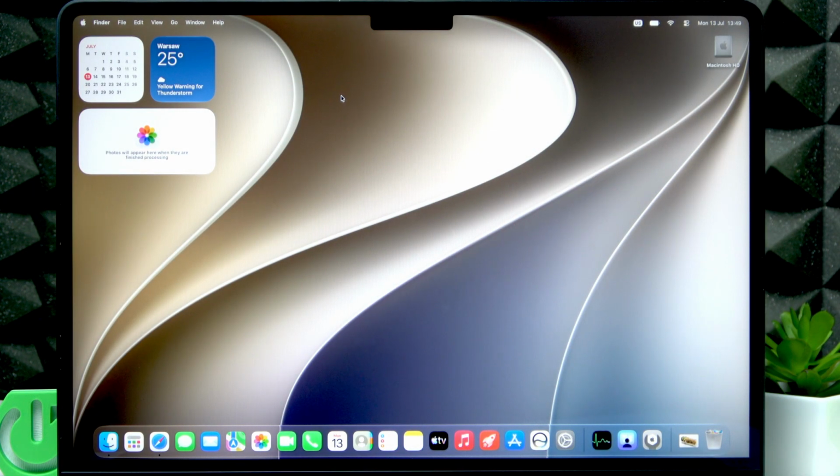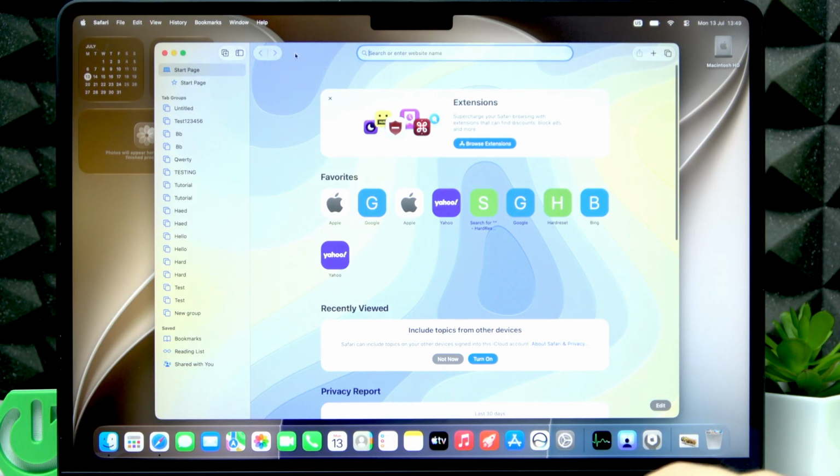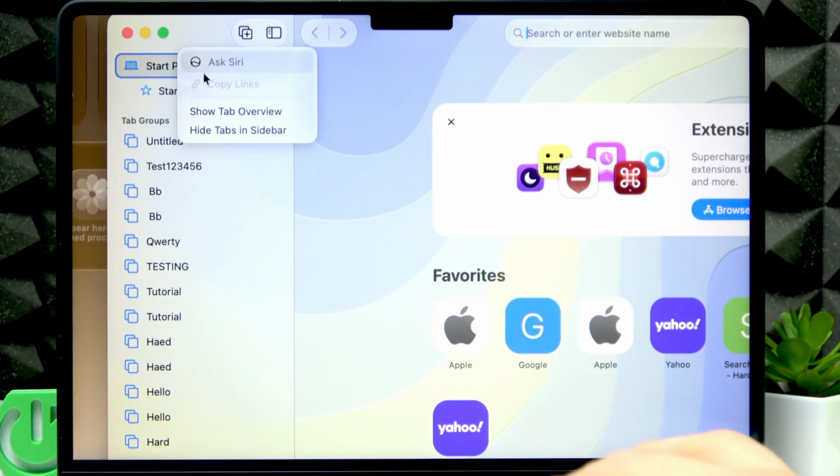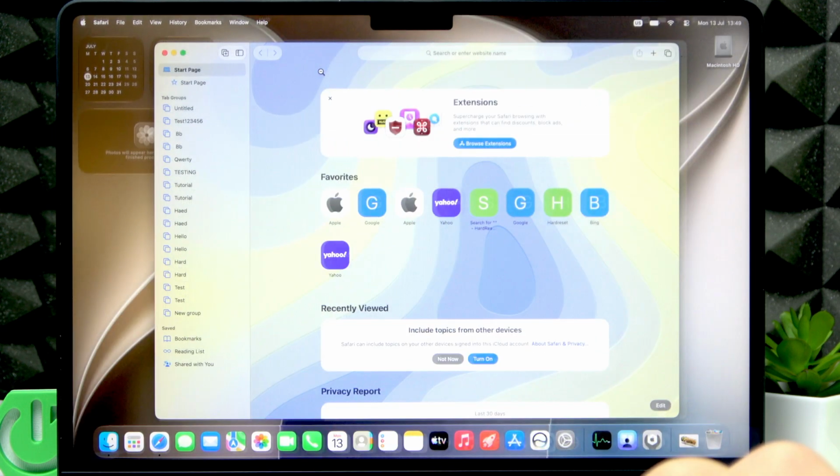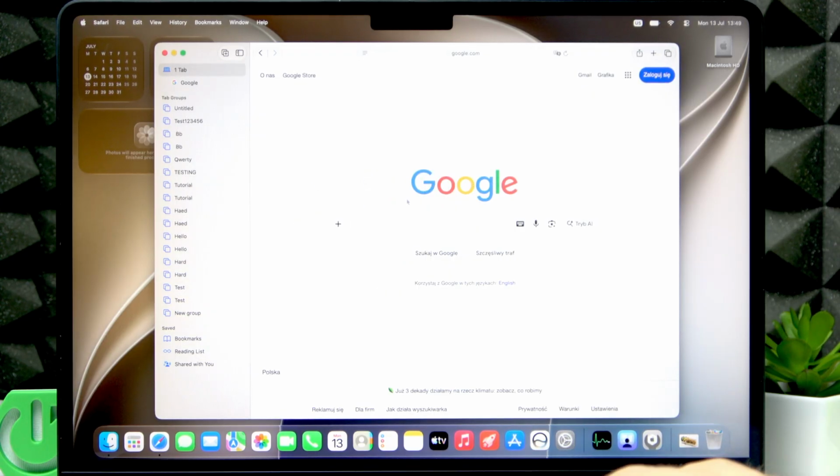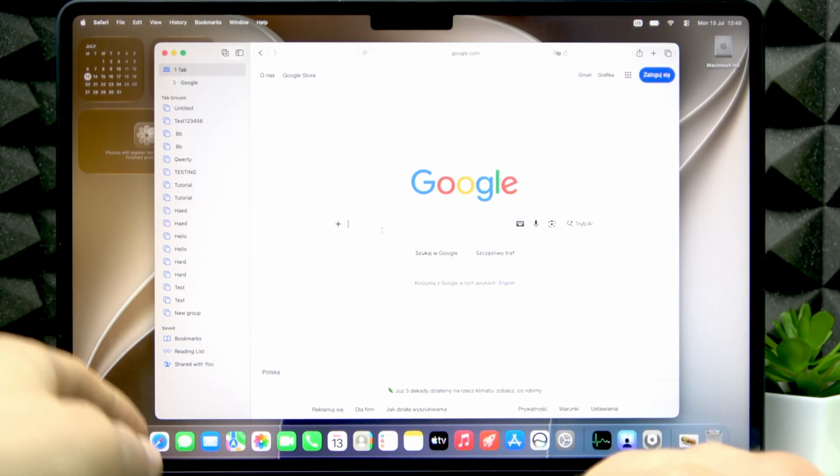So in macOS 27, Apple introduced a new feature called Visual Intelligence, which lets you select a context on your screen to ask Siri about it. Well, you can of course use it without any additional tools. All you have to do is just, for example, right-click any element on your screen and then ask Siri about it, or just stay within one application, open some, for example, specific website in your browser or specific